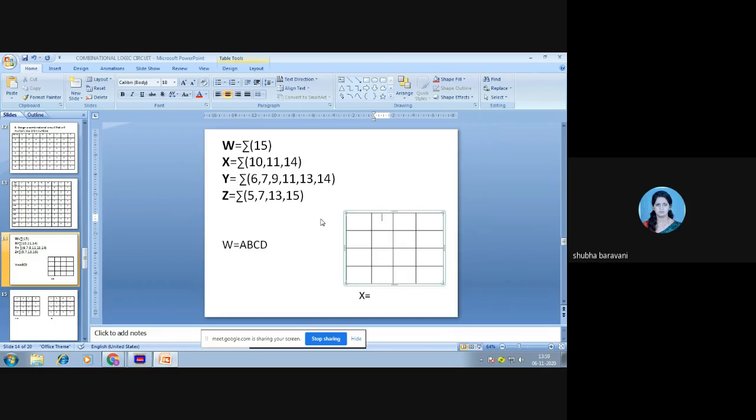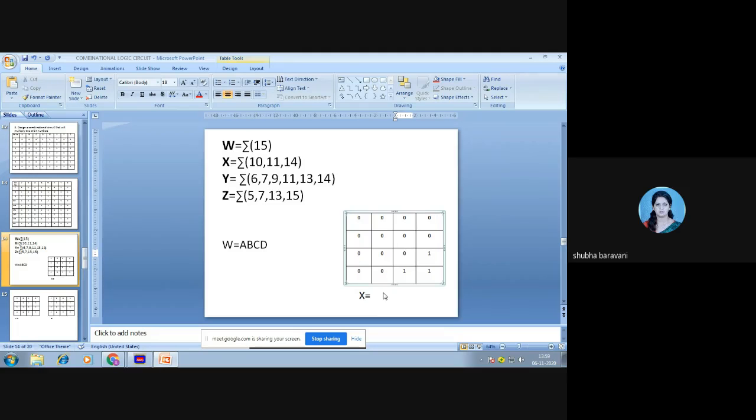So for the K map for X, 0, 1, 2, 3 are 0, then 4, 5, 6, 7, 8, 9, 10 is 1, 11 is 1, 12, 13, 14 is 1, 15.